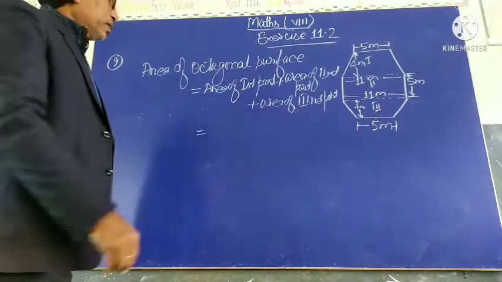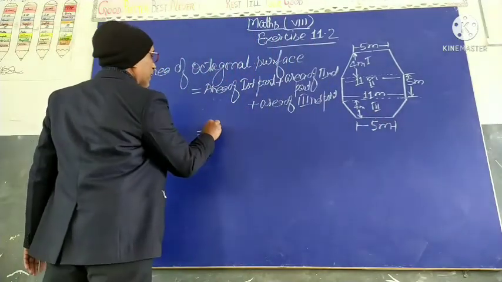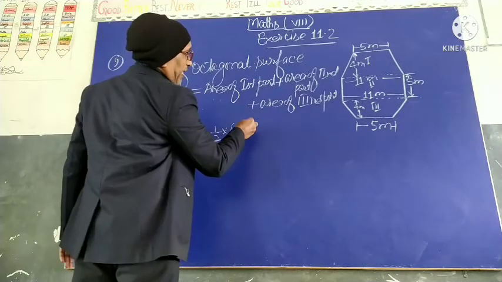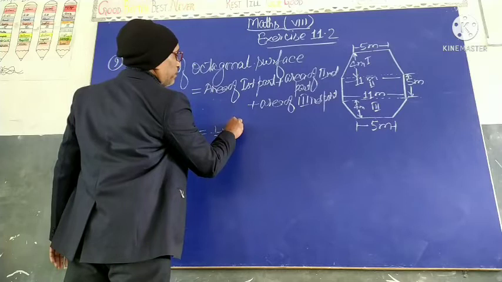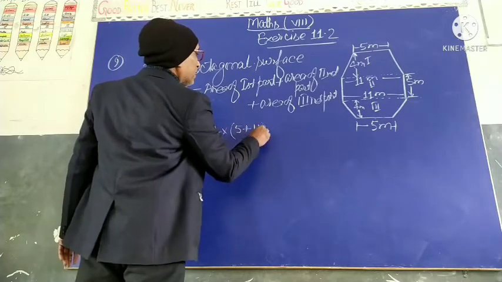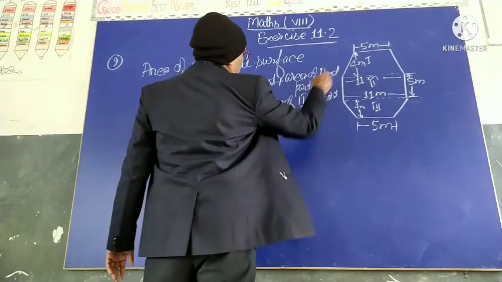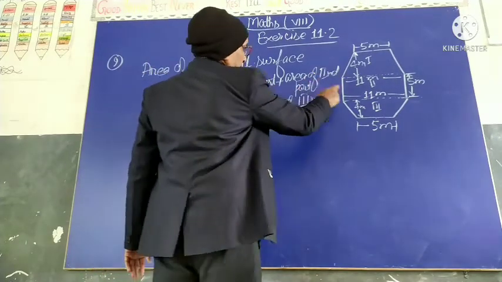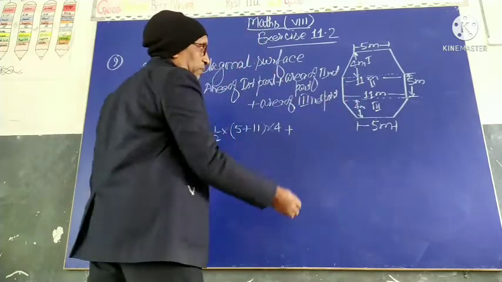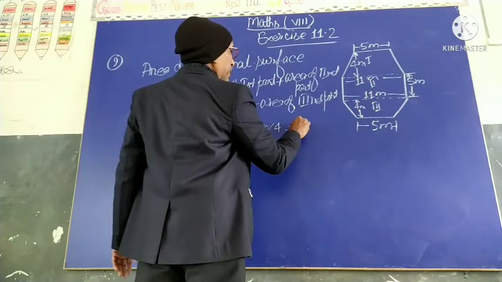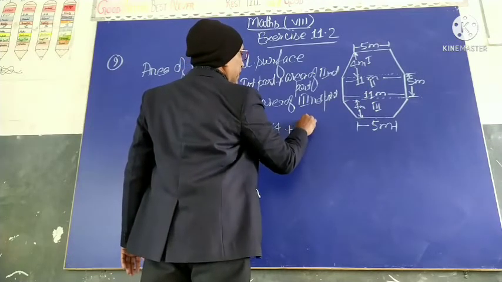Then you write 1/2 into sum of the parallel sides 5 meter plus 11 meter into distance between them, which is 4, plus area of second part. It is rectangular, therefore this area is L into B, means 11 meter